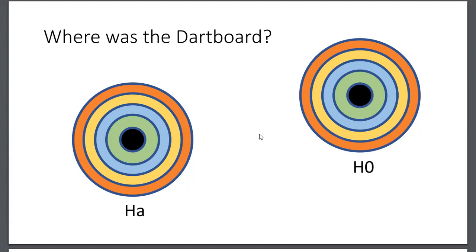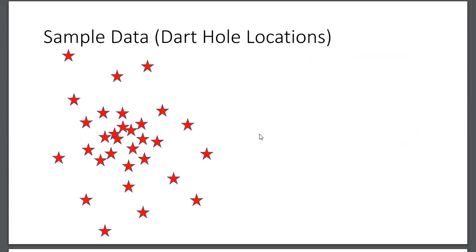To proceed, you need some sample data. In this case, dart hole locations, holes on the wall where darts had hit. If this is our sample data, then